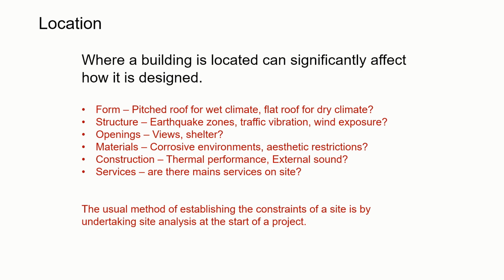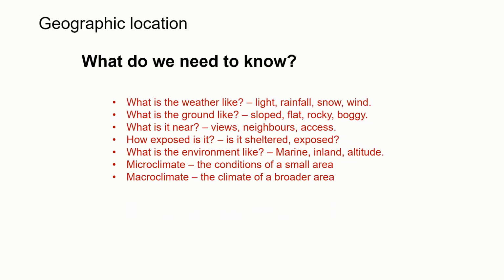So usually what we would do is we would do a certain amount of site analysis to try and understand or to think about how the building might change depending on where it's located. So what do we need to know? The basic information that we need to know is observable information. This is information that we can get from going to site, looking at site, looking at the conditions that are there, or doing desk-based research to understand what the long-term